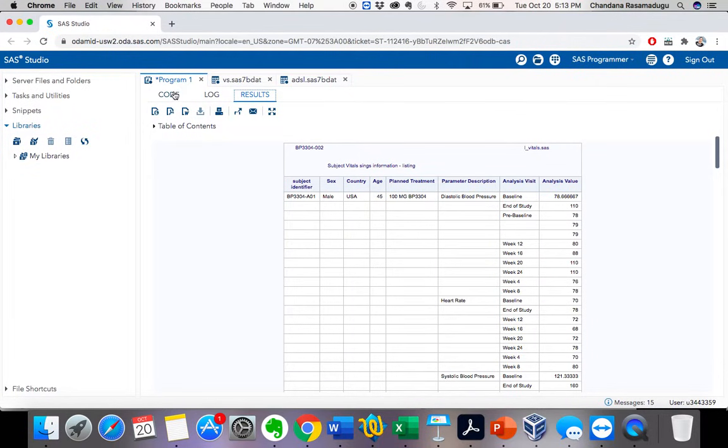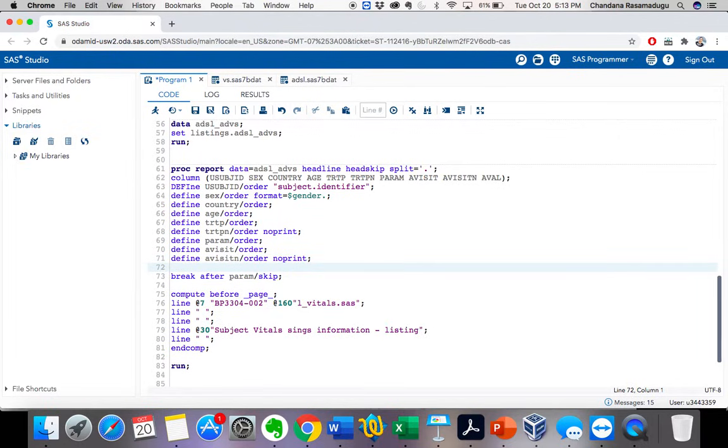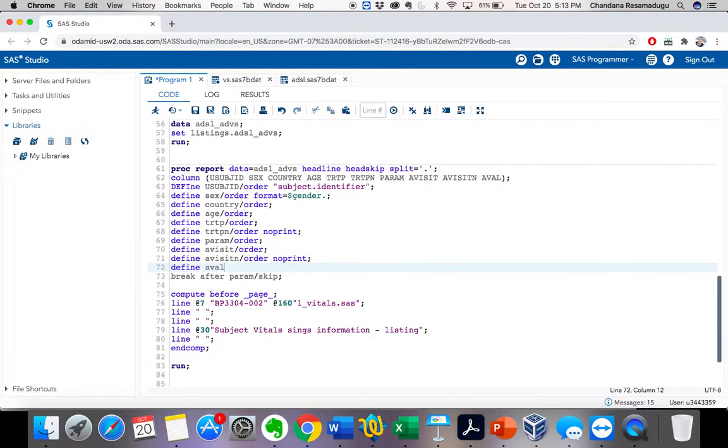So for that, what I need to specify is a split option, right? So define what is the analysis eval, right? Eval is the variable name.